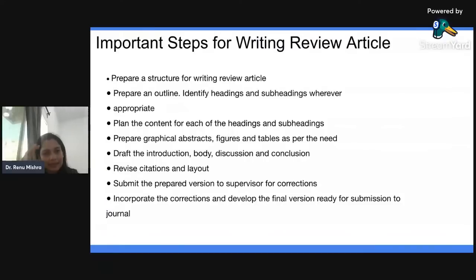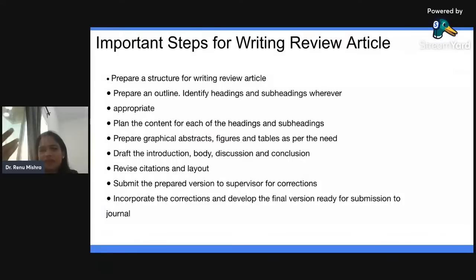Vice versa is there, like an in-text citation is there, but the similar in-text citation in the text is not there. Don't do that. Don't do that. Okay. Make sure that once the final version of the study which you think is ready, get it corrected by